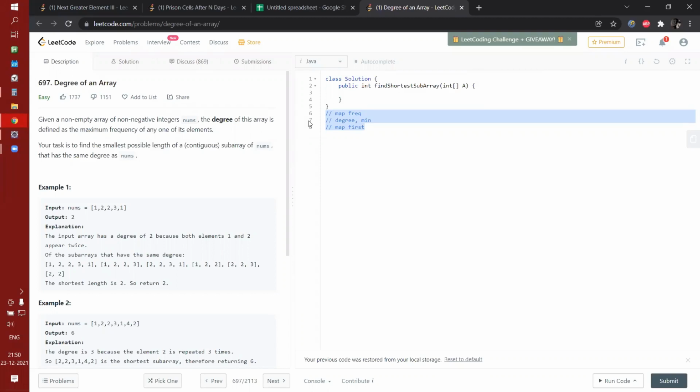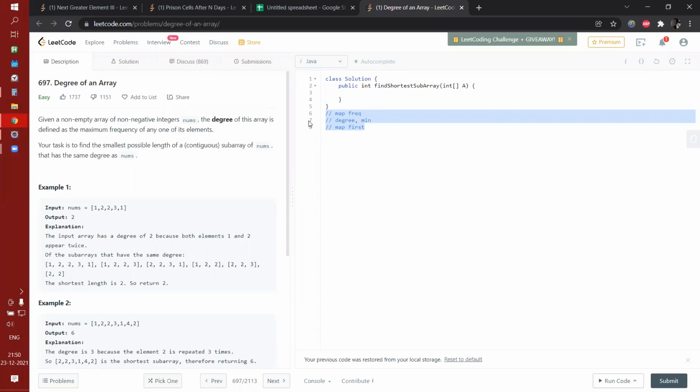So I think we should have a map where the unique elements are the keys, and the value should be an object which has the frequency, the first index, and the last index of occurrence of that element. Yeah, we can do that, or else we don't need that. Last index also?